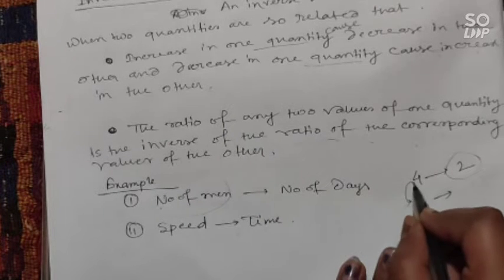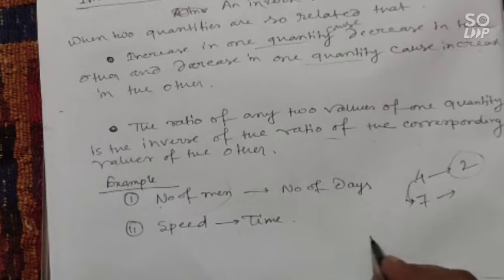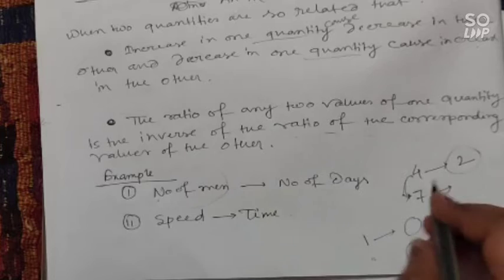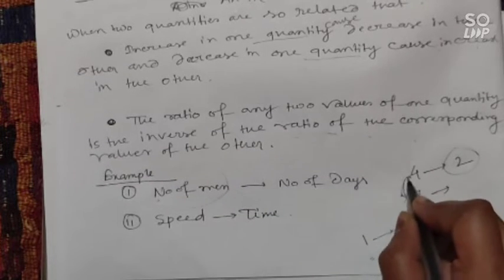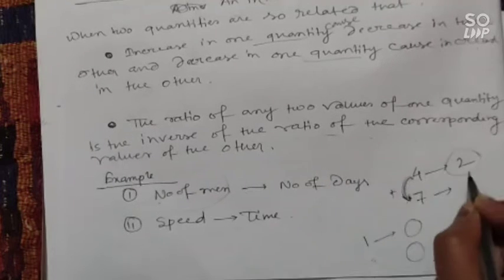If the number of persons is increased, then the time will decrease. যদি তোমরা অনেকজন মিলে কাজটা করো, তাহলে কি হবে, টাইম অলওয়েজ কম লাগবে। If you will do the work together, if you will do the work in a group, then you will complete the work first. যদি তুমি একা একটা কাজ করো, দেন যতটা টাইম লাগছে, যদি অনেকজন মিলে একটা গ্রুপে কাজটা করে তাহলে কি হবে, টাইমটা কম লাগবে।